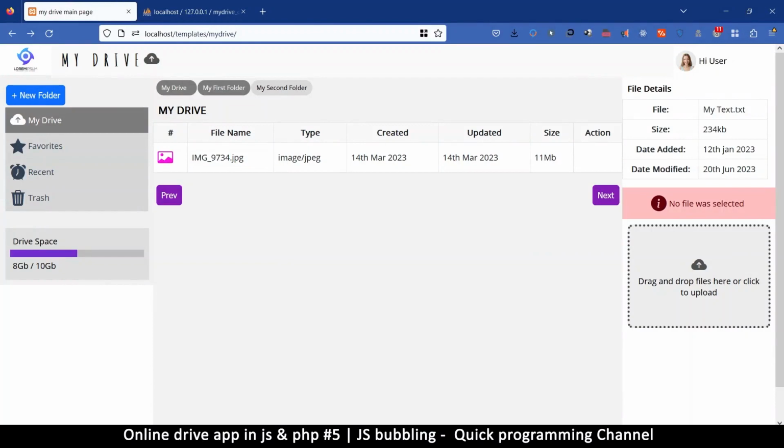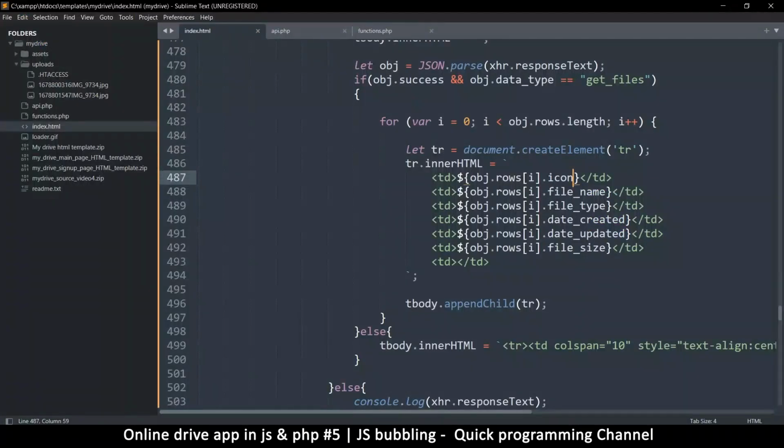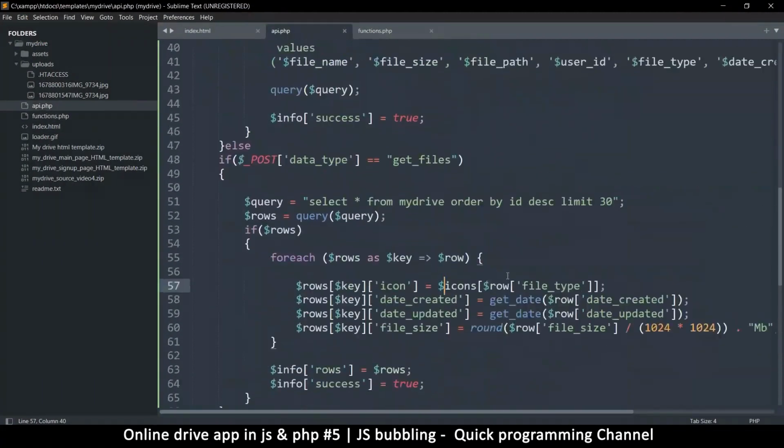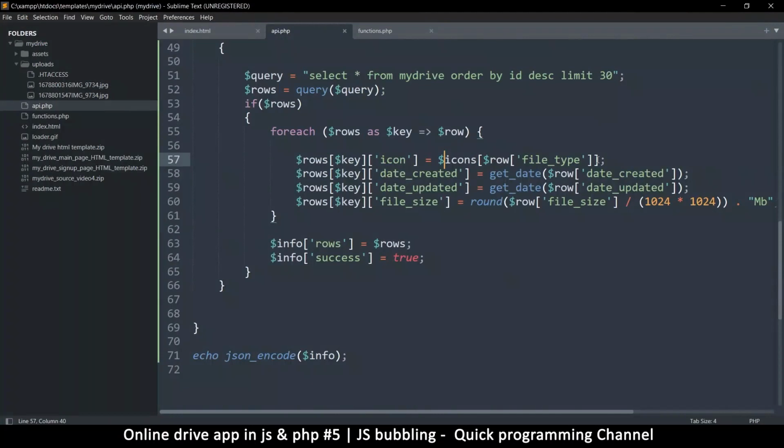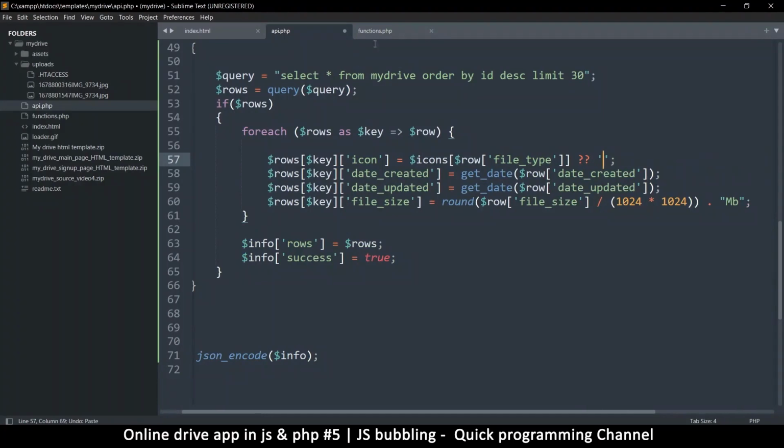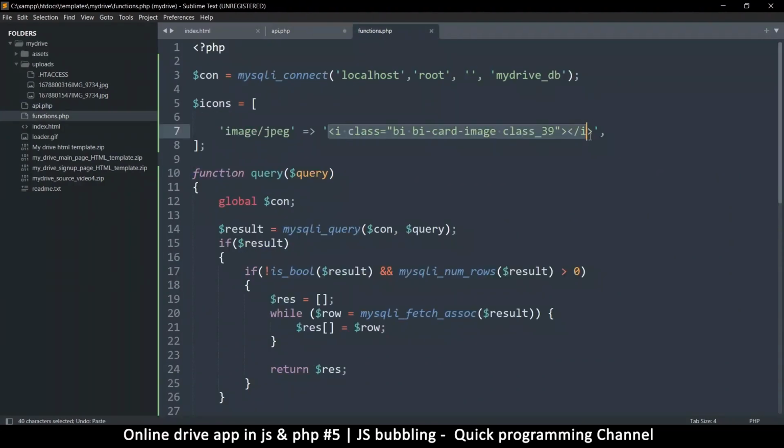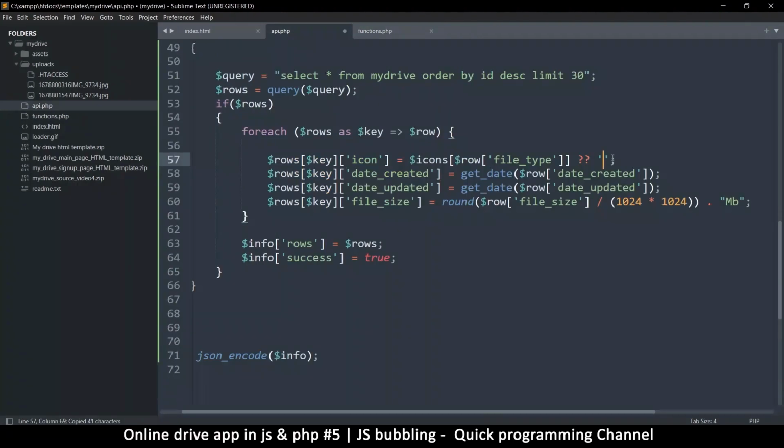If the file is unknown, we should return an empty one, right? Let me do this. Let's go to API. So right here, if this does not exist, icons, blah, blah, blah, returns false, then I can put my own, let me come back here, grab this, a default value, which is,